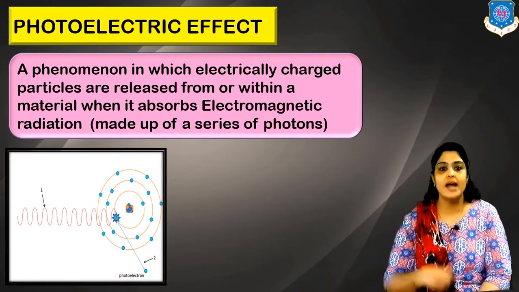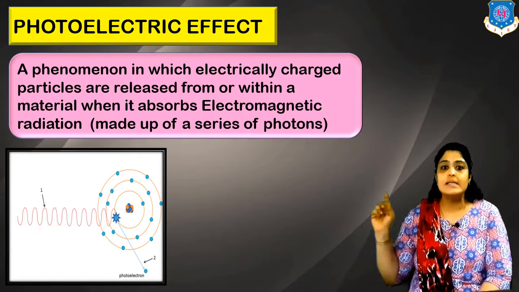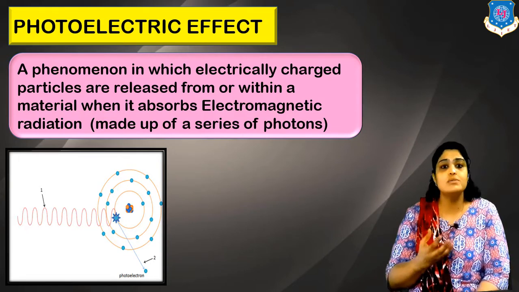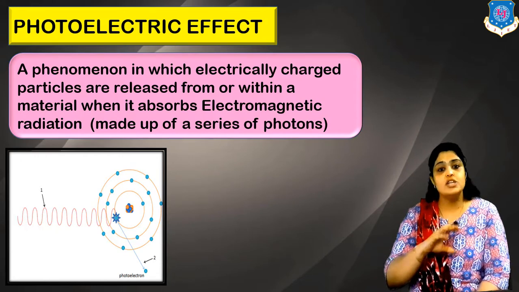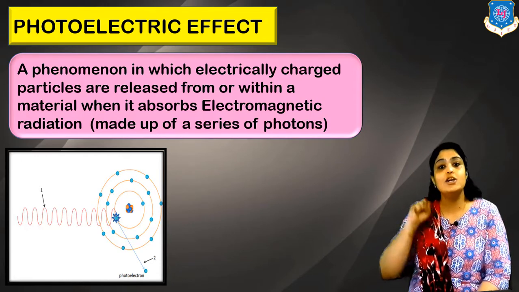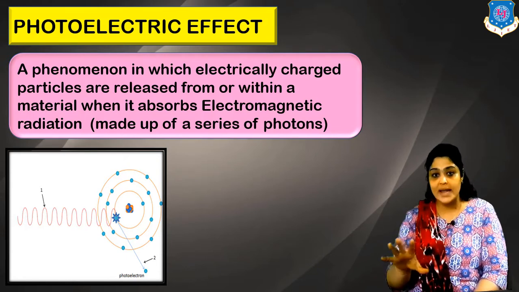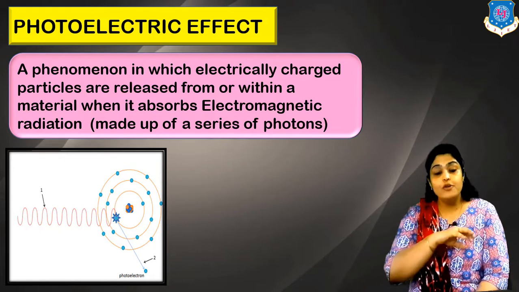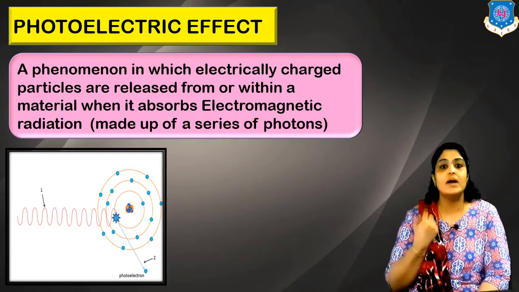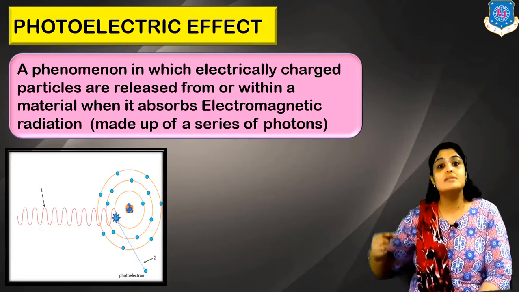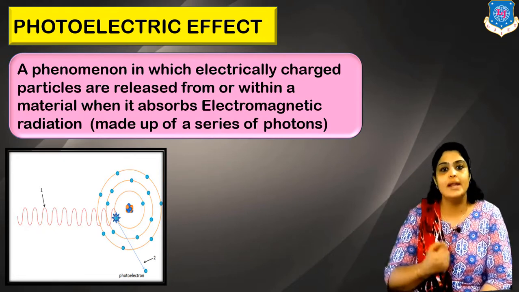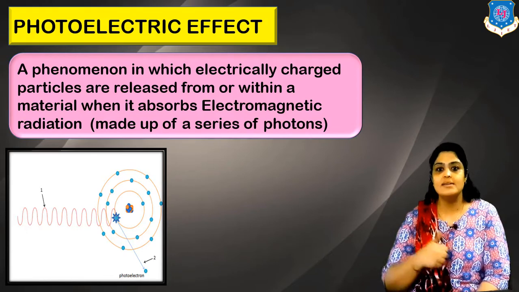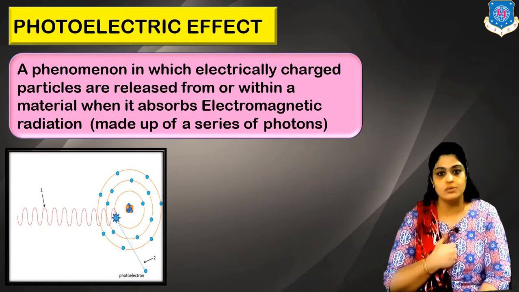Let's see with the help of a diagram what the photoelectric effect is. You can see from the diagram that there is h nu. h nu is what we commonly use to denote a photon. So h nu, or a photon, is incident on the atom. The photon strikes the atom and it releases one electron. The electron released in this manner is also known as a photoelectron. Why? Because the electron is released by absorbing light. So that is the reason it can also be called a photoelectron.